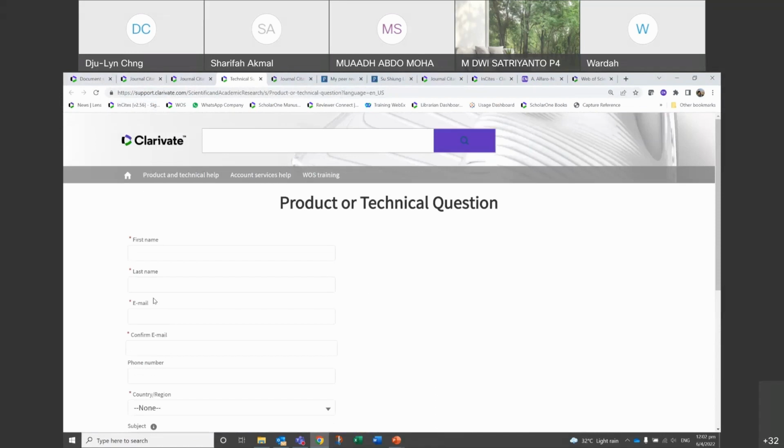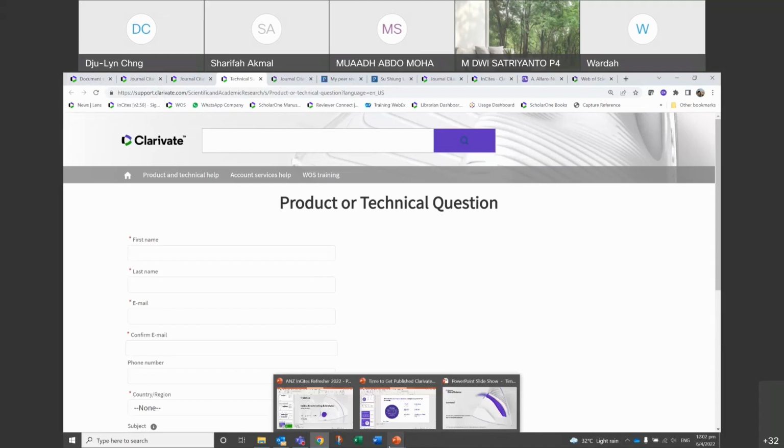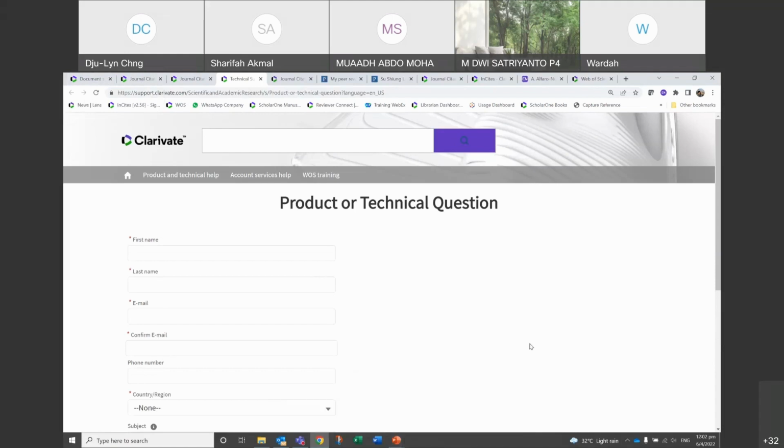Sometimes this will be faster than reaching to me via email because they would have immediate access to the platform and therefore be able to advise you immediately on the question that you seek. Okay. So that's journal citation reports update. Any questions from the